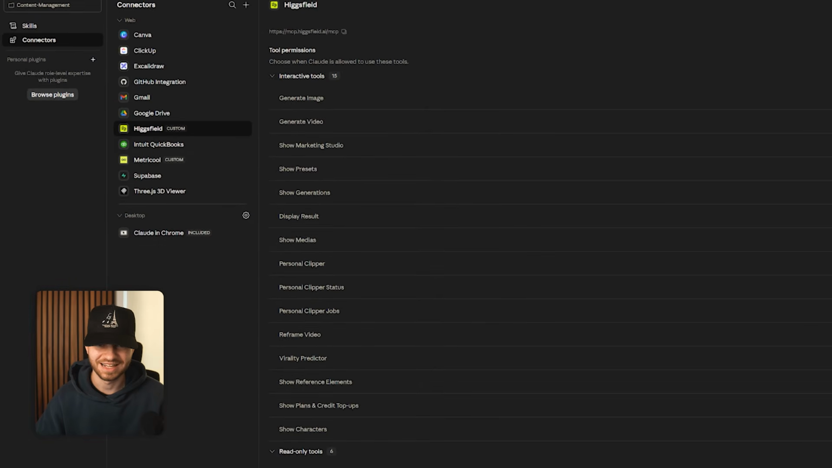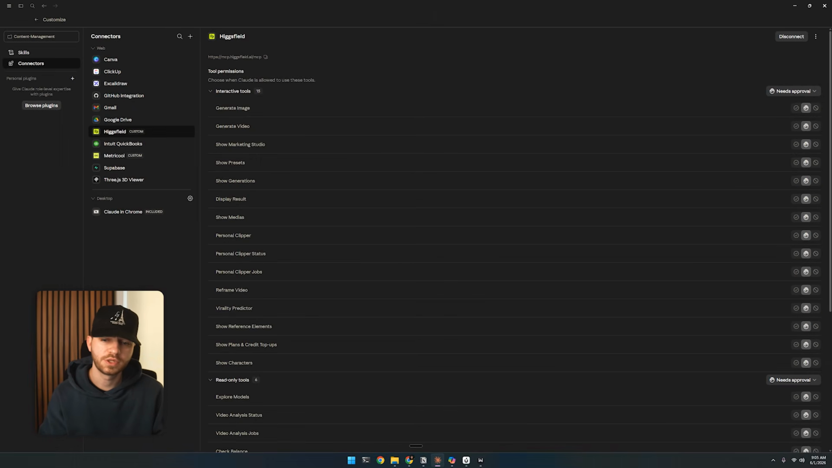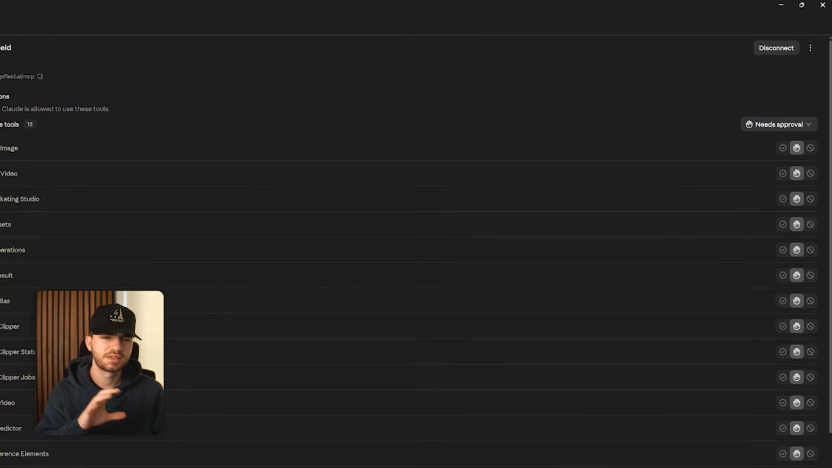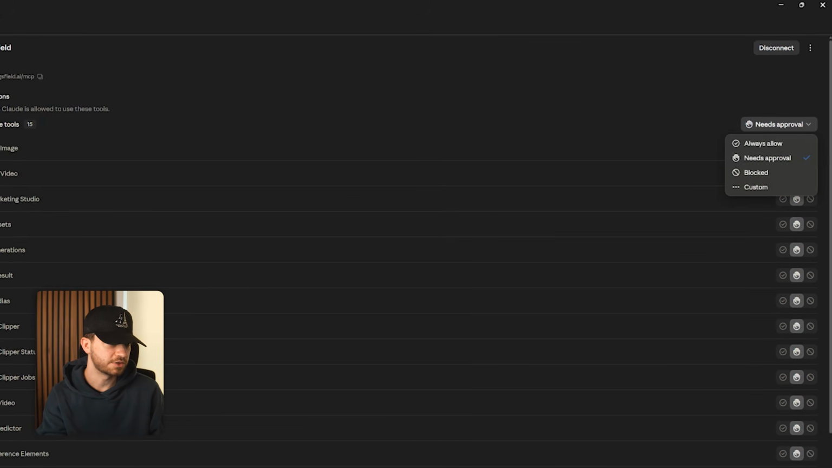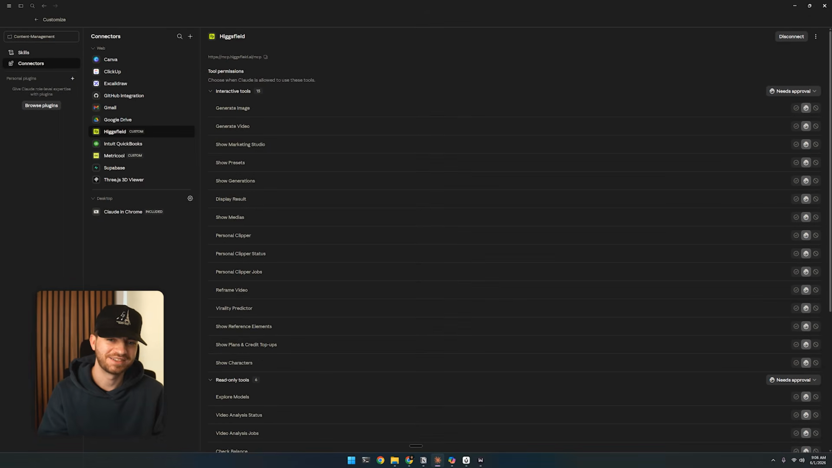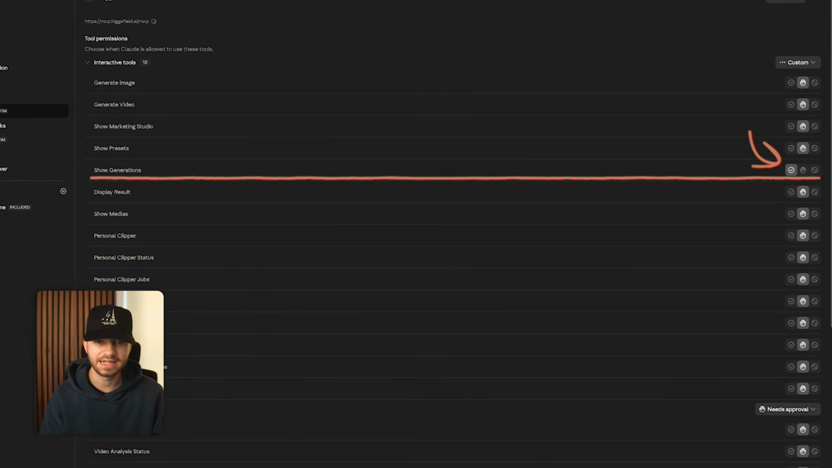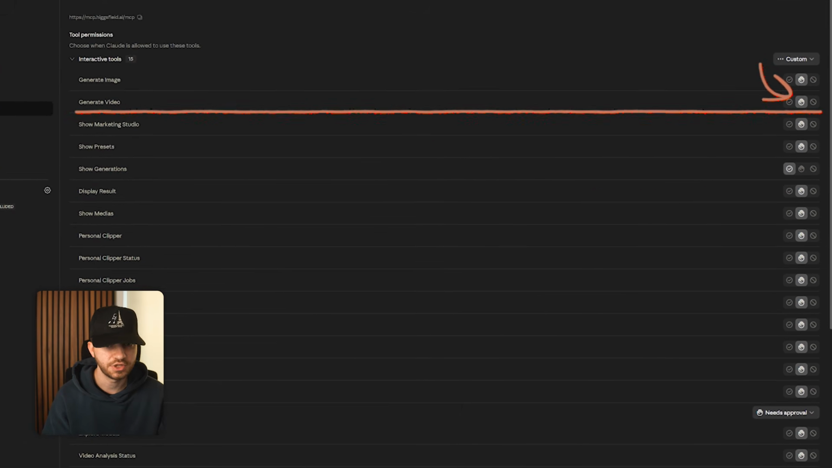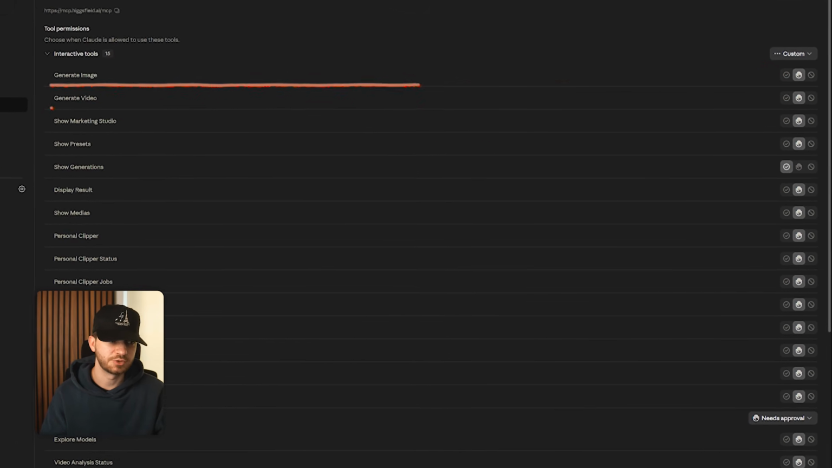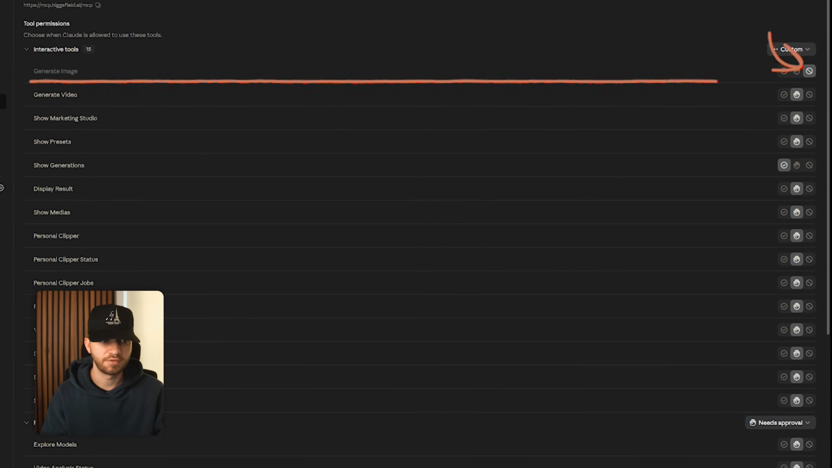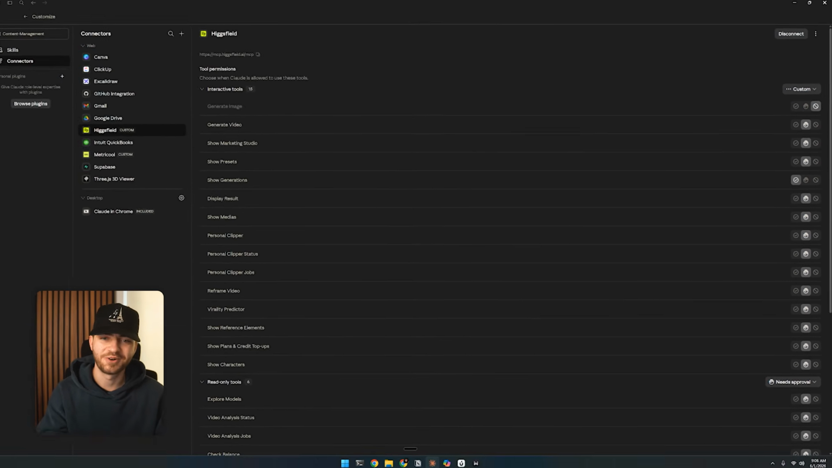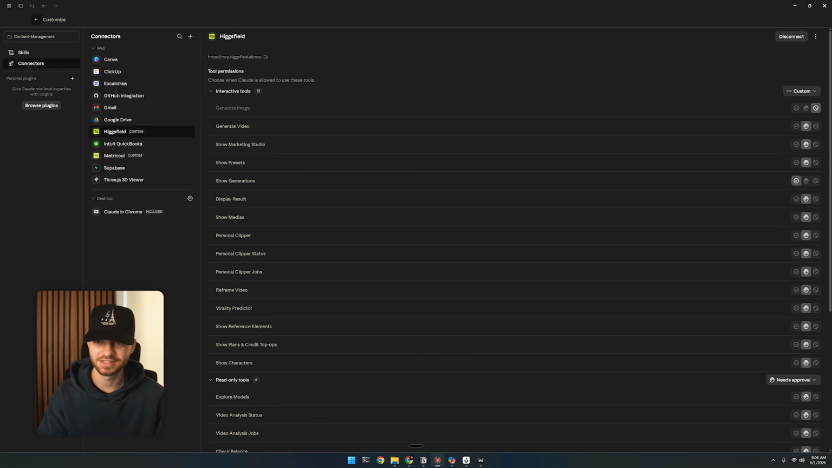As you can see, Higgsfield is now selected. Now quickly, I do want to note that you can set permissions levels for specific tools within an MCP server. For example, you can set the permissions level for every single one of these tools to always allow, which is going to make it so you don't need to accept permissions every time Claude wants to do one of these things. But you can also set permissions for individual tool calls. So I probably want Claude to be able to show generations anytime, but I still want it to ask for permission when it generates videos. Maybe I don't want Claude to generate images at all, so I can turn that off with the block button here. But this is already all connected the same way that Canva was, so we can just head over to